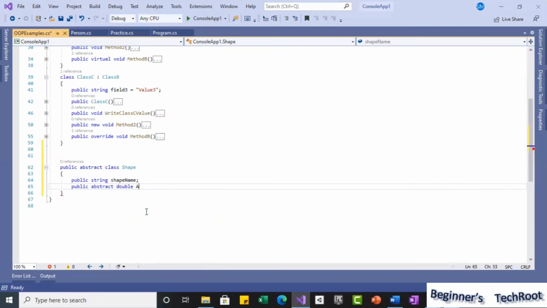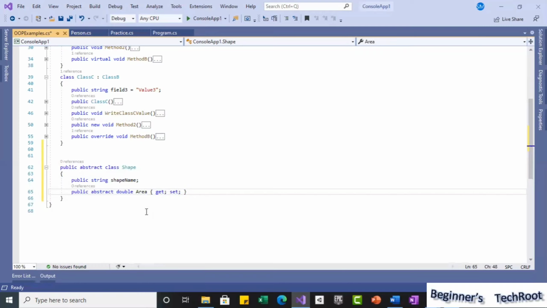Then I will expose the area as a property. A property definition will usually have get and set accessors. But we cannot implement them here, we only need to define them. So we just give get semicolon, set semicolon, that's all.